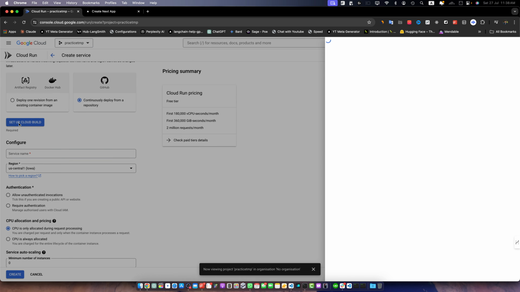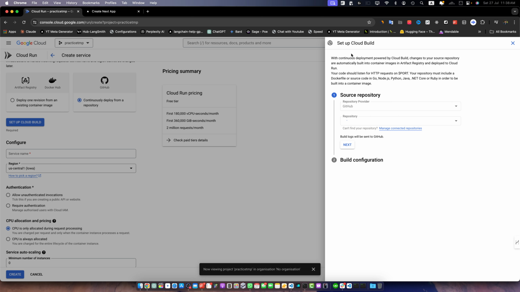So if you click on that, it will show this section on the right side, and here you will be able to select the provider. We will be using the GitHub. It is already selected. You just have to select the repository. If you are doing this first time, it may show you option to authorize or authenticate, and from there you will be able to select which repositories you want to allow, or you can allow access to all of the repositories. Okay, so now I already have authorized.